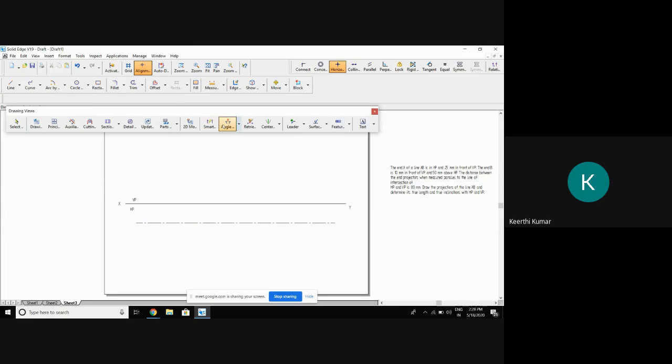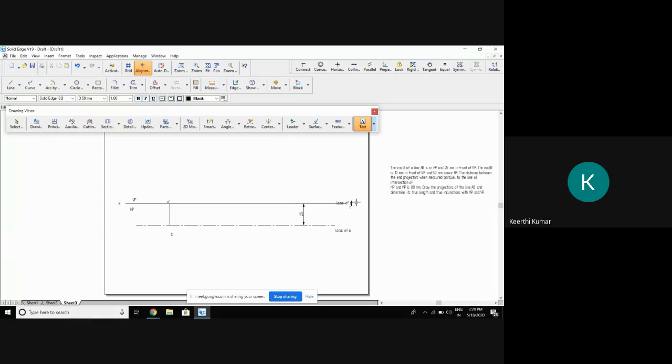What is the distance given? The distance between these two is 25. If I join that line, select somewhere here and make sure that this is A dash and A. So here I can write locus of A. Here I will not write because the locus of A dash is coinciding with XY. So I cannot write locus of A dash. Just for your reference, I am writing. There is no rule that you have to write.